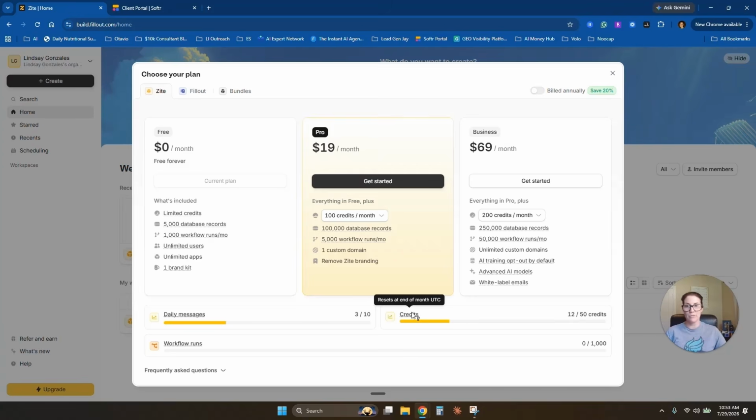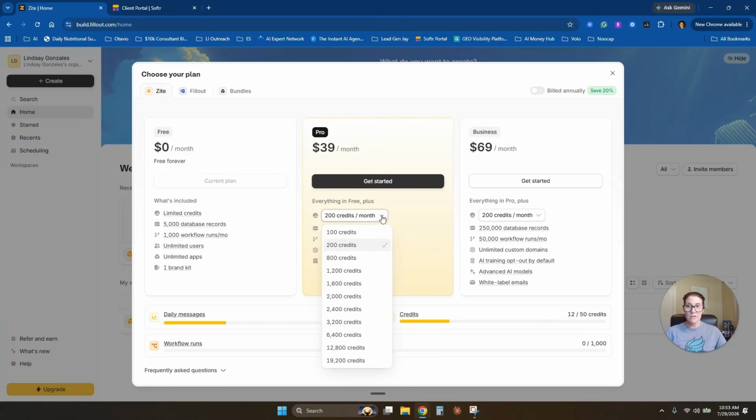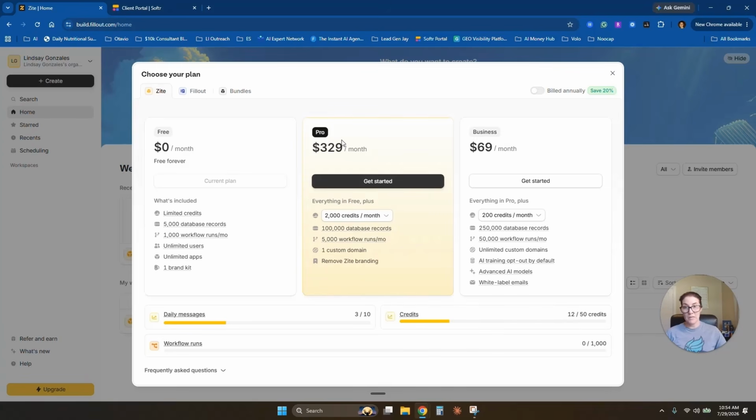So 50 credits over the course of a month. Obviously, right now I'm just on the free plan, and those numbers do increase as you go to pro or business. So if I'm looking at the pro plan, I get everything in free plus, and then the 100 credits per month is $19. If I wanted 200 credits, it goes to $39, 800, so on and so forth. And then 2,000 credits would be $329 per month,